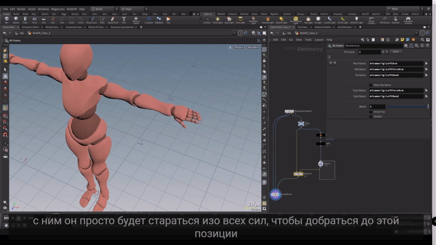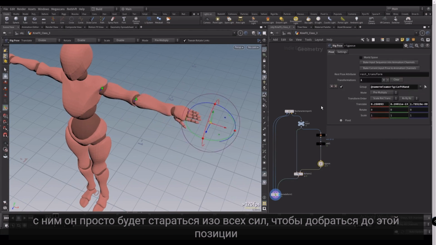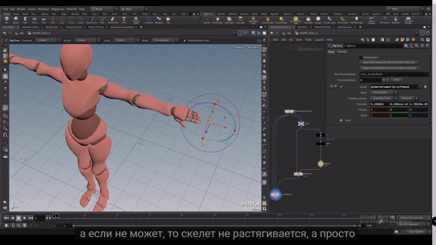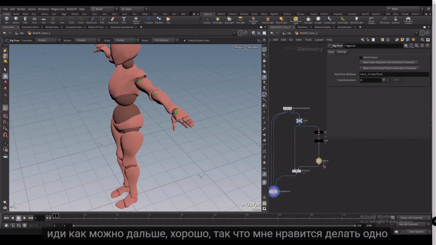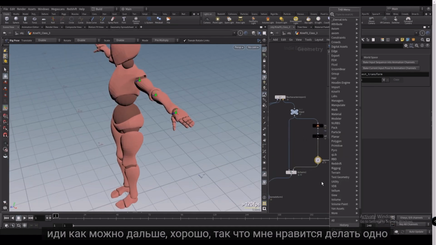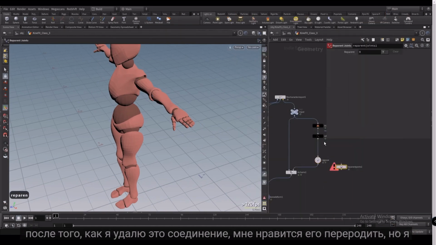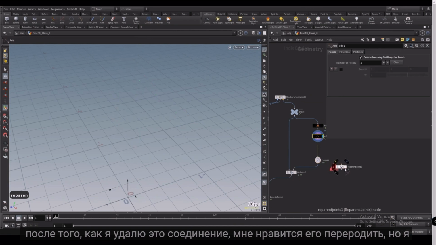With it off, it's just going to try its best to get to this position. And if it can't, then it's not going to stretch the skeleton. It's just going to go as far as it can go. All right, so one thing I like to do is after I delete this connection, I like to actually reparent it,